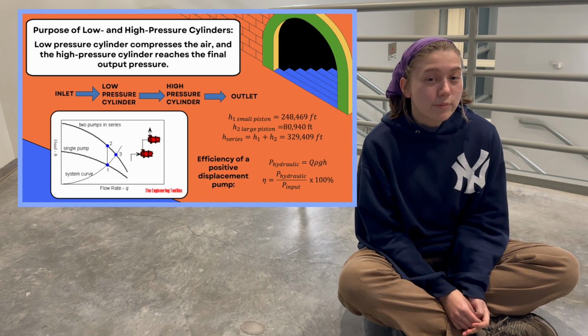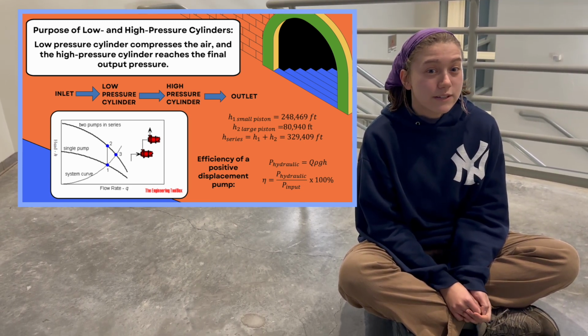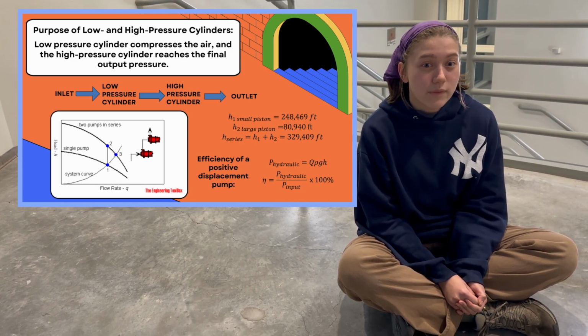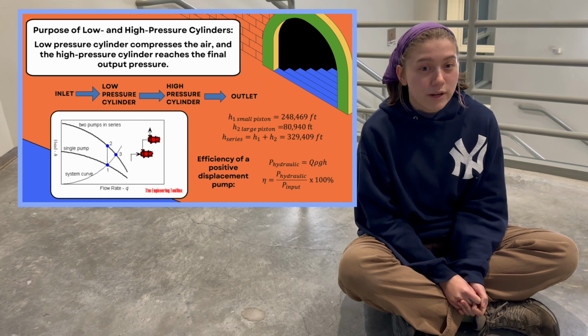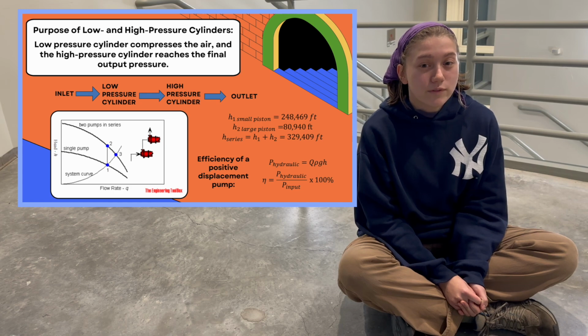In order to connect pumps in series, the pumps need to have the same flow rate, but our volumetric measurements of the cylinder have a different flow rate. Since the Mach number is low, the compressible flow model is used to model the system, but due to the high pressure, there may be compression in the air which we did not consider in our analysis. This would explain why the high pressure cylinder has a lower volumetric flow.